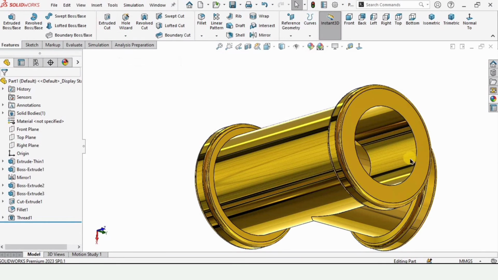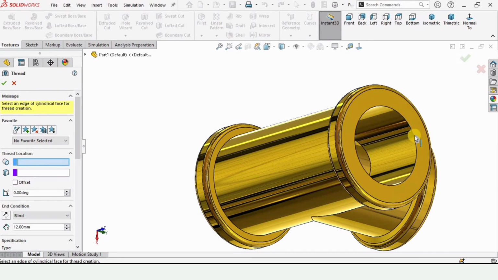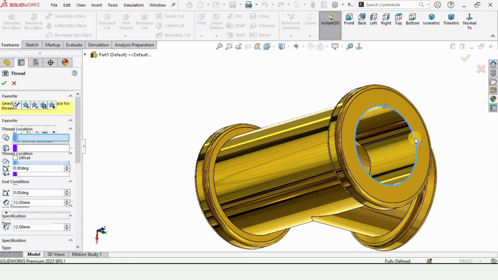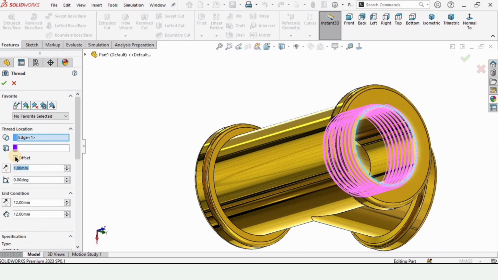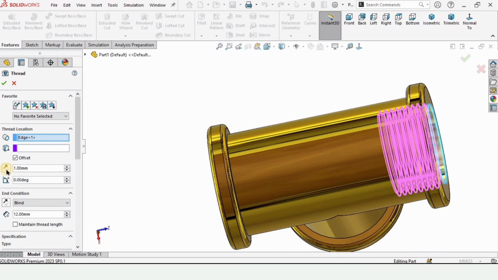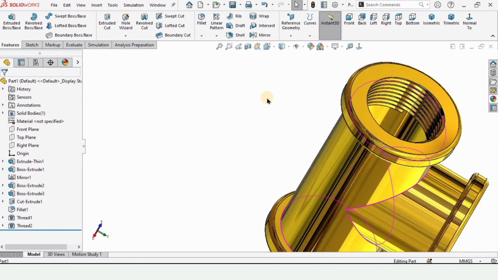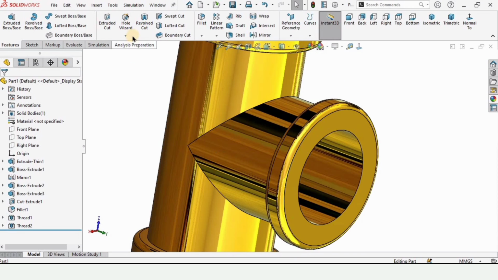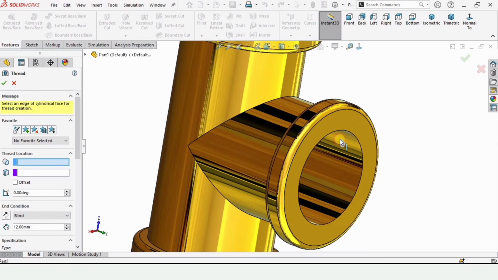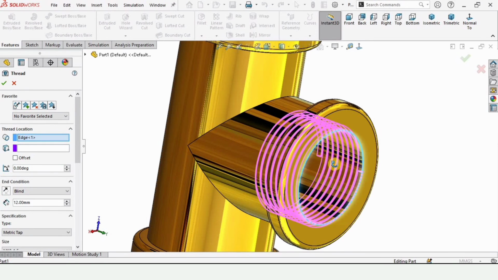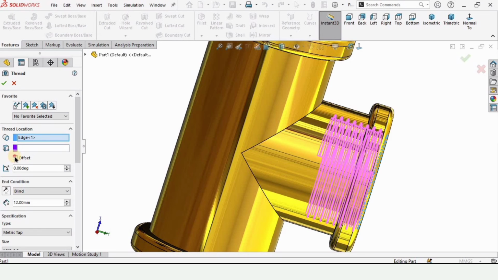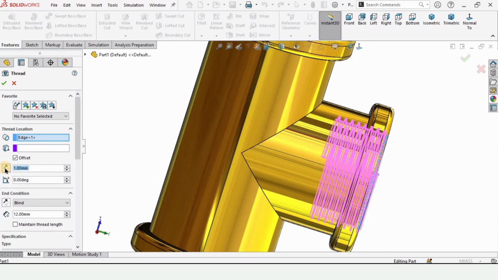So select thread in the hole wizard option, and here just select this edge and make sure that offset is in the outward direction, as you can see it from here. All of the other options are by default we have specified, and it is saved in SolidWorks, so we do not have to bother for that. So select here thread again, and this is the last time we need to specify the location for the thread and just the offset, and all the other settings are automatically saved, so we do not need to worry about those settings. Make sure that you have defined this offset in outward direction, and after that you can check this